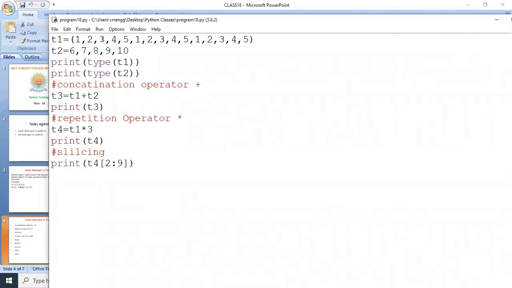Zero, 1, 2 here, 2, 3, 4, 5, 6, 7, 8. So 3, 4, 5, 1, 2, 3, 4 is the answer.